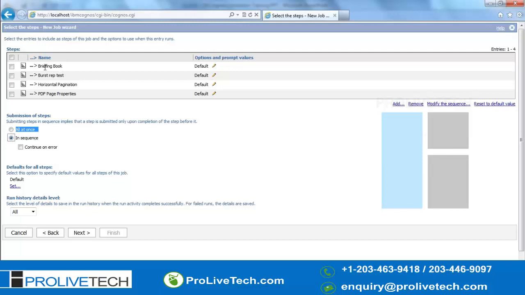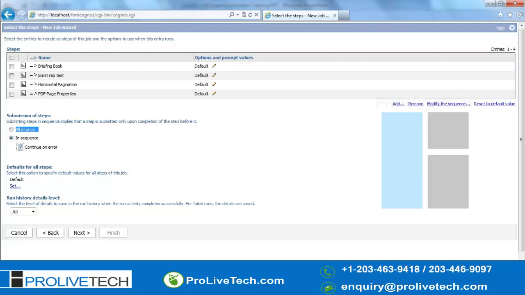So for example, this report has run and completed, and the second report has failed due to some reason. It will get stuck over there if you give it in sequence, and it will not run the remaining reports, so the time will get wasted. So what we'll do is continue on error.